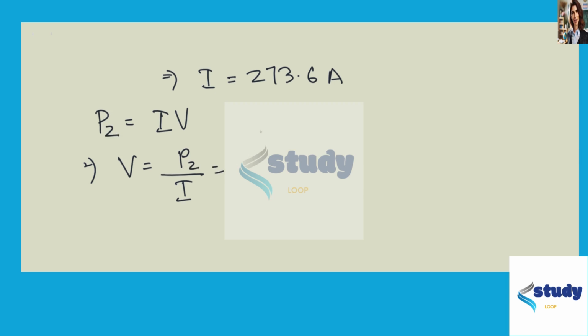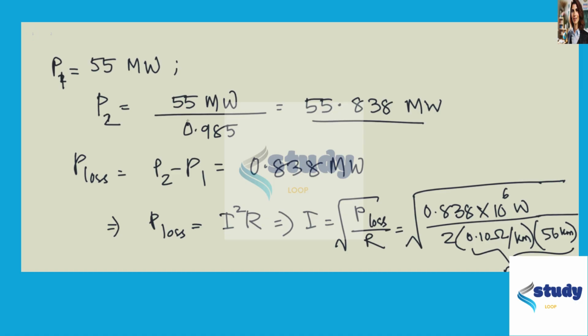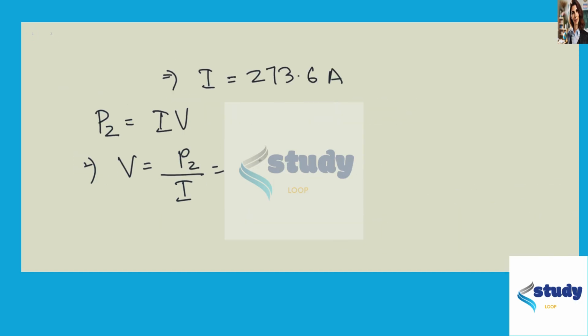Now we substitute the values for P2 and I that we calculated and find voltage to be 2.401 times 10 to the power 5 volts, and this is nearly equal to 200 kilovolts. So that's the